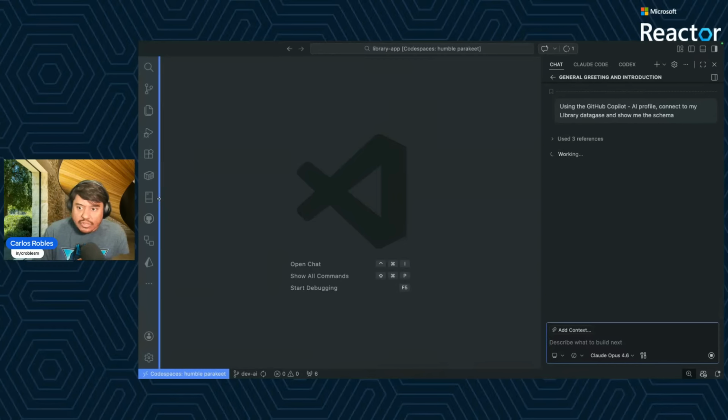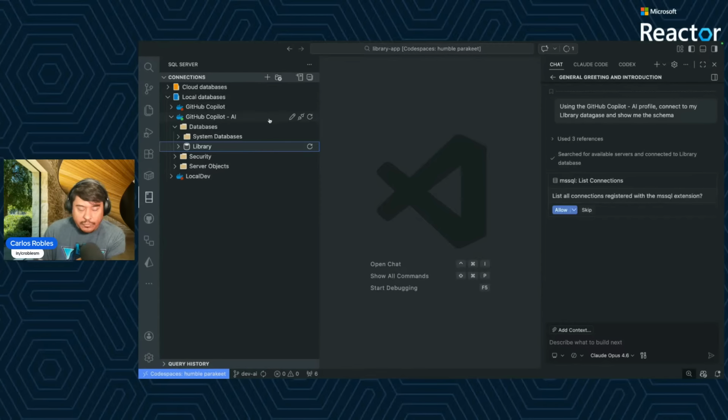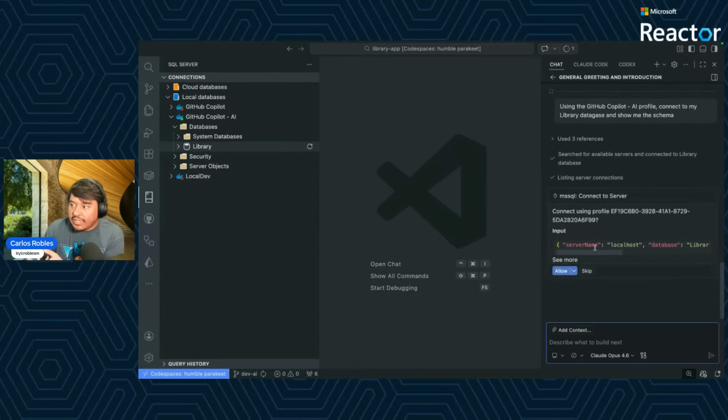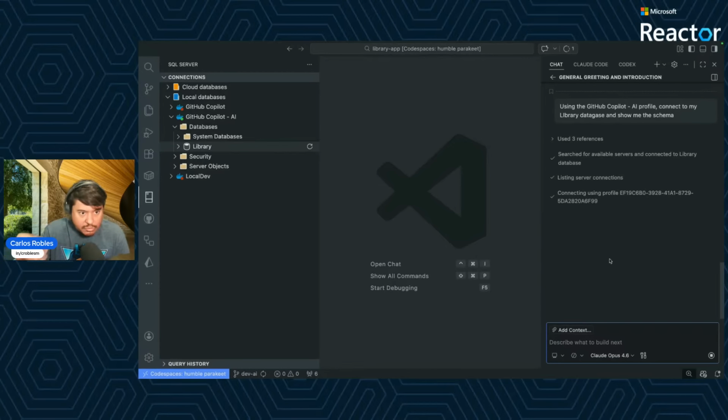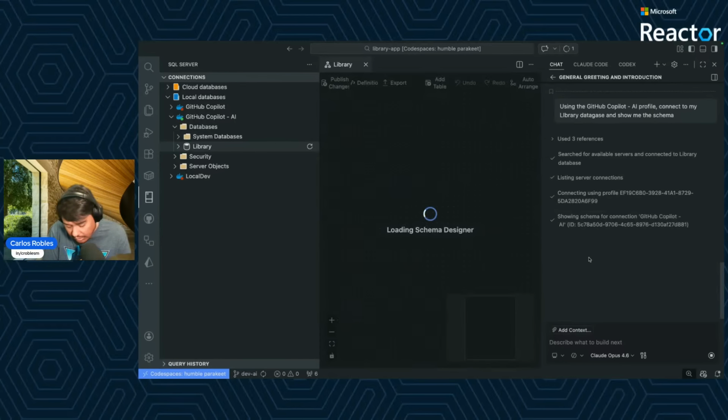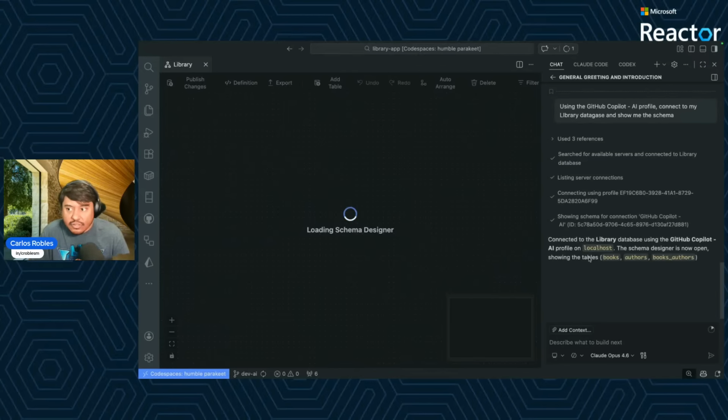So with that, I will expect the agent to figure out what I want. It's going to take a look at the different profile names I have here. So right now it's happening. As you can see, it's listing the different connections. So we figure out the connection I want to use. Then it's going to figure out the database right here. And I'm allowing this in this session, so I don't want the agent to ask me this over and over again. And right now, it just found the schema, the database. So now it's going to use something that is going to give me the answer, show me the schema